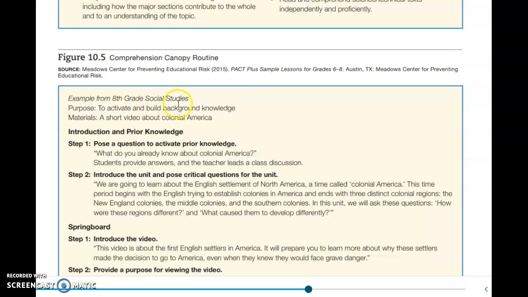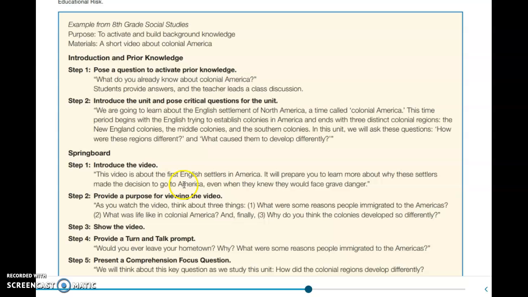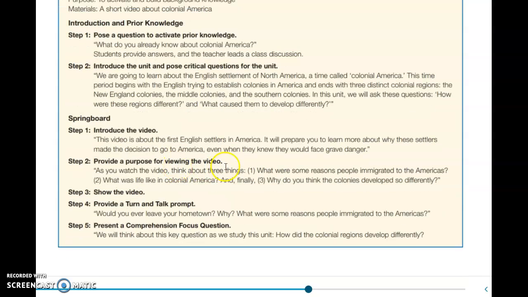So this is from 8th grade social studies, and you could think about posing a question to activate that prior knowledge. We've talked about that. Introduce the unit and pose critical questions for the unit, as you're introducing it, kind of before you get there, right? In this unit, we will ask these questions. And then you could introduce a video, provide a purpose for viewing the video, show the video, provide a turn and talk